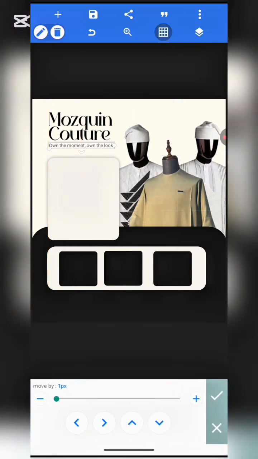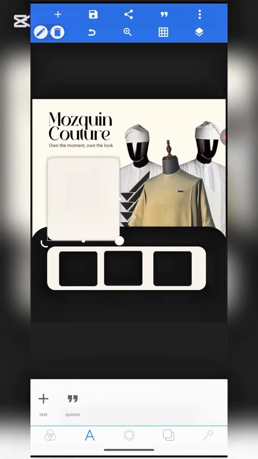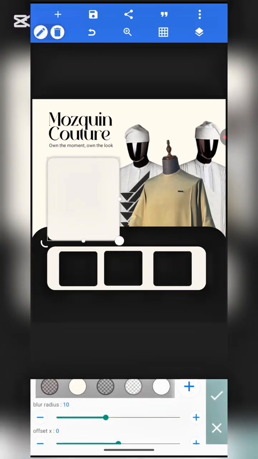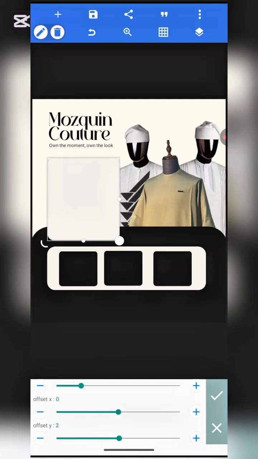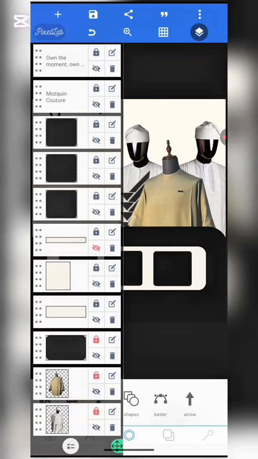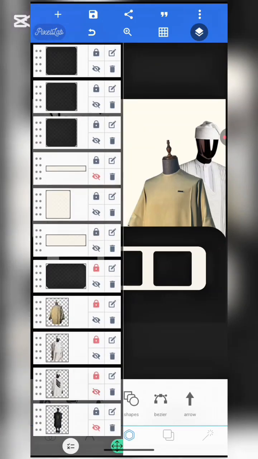Then after that, you use your ruler to ensure all elements are properly positioned, that they lie on the same plane. After that, you go back to your shape, the shape you are putting all the items you are selling. So I want the shadow to reflect downwards, so you just go to your, I think I've done that,